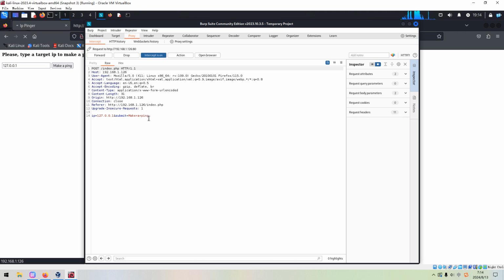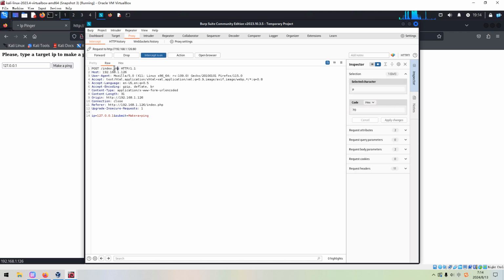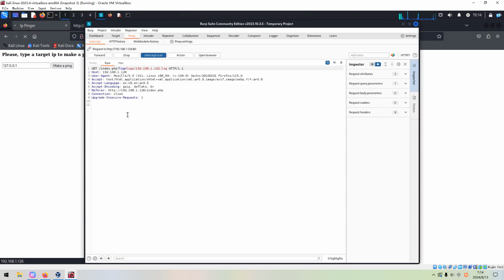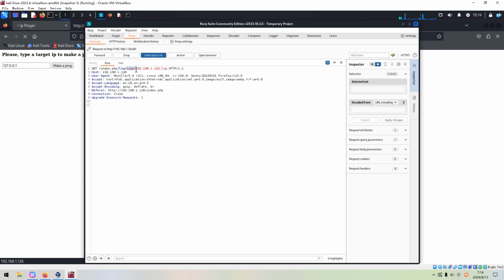But here, we cannot do anything because the URL doesn't have the parameter which allows us to test or inject the file inclusion. Okay, so now we can forward, and the request will be followed by another request. In this request, as you can see over here, it is trying to include this file. Of course, what we want is not this one.